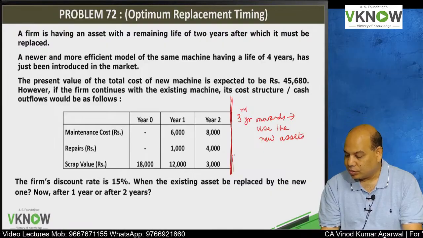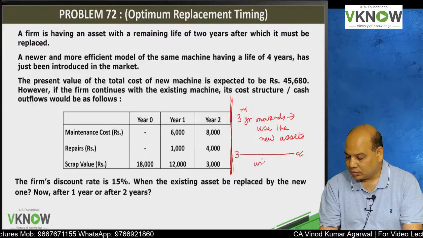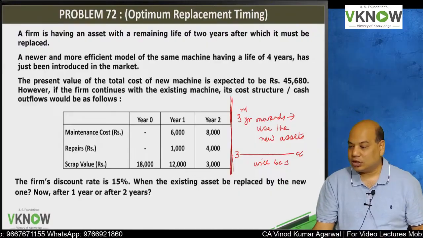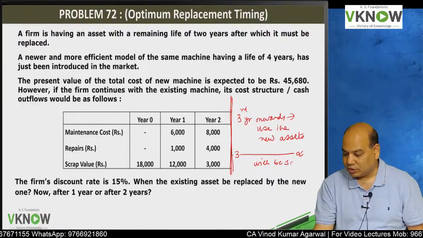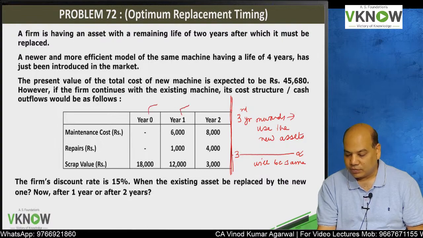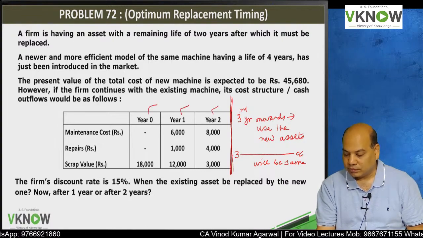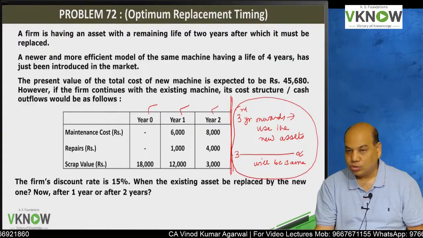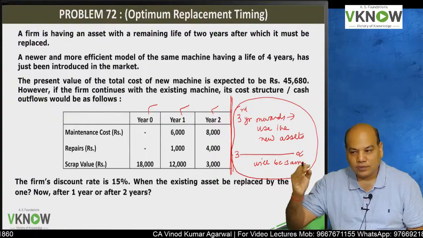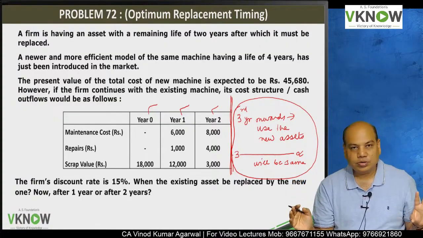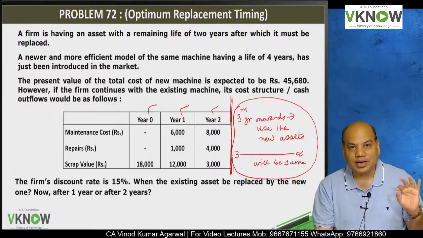So cash flow from year 3 to infinity will be same, whether you replace today or after 1 year or after 2 years, because third year onwards you are going to use the new asset only forever. So where is the difference in cash flow? The difference in cash flow will arise